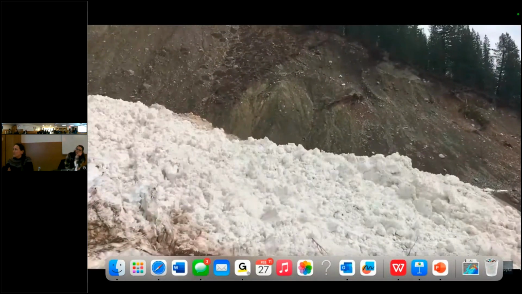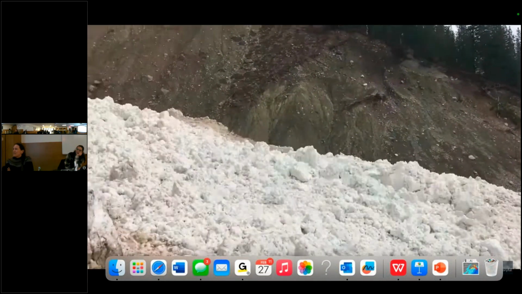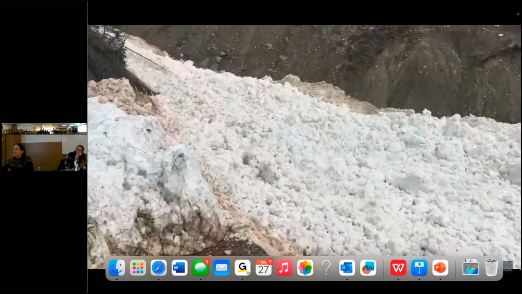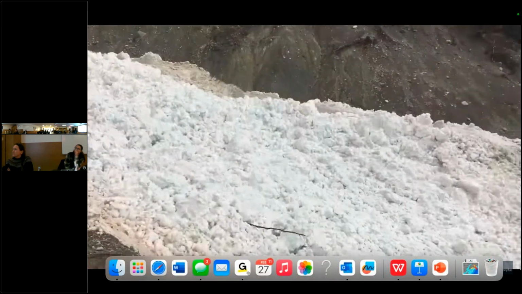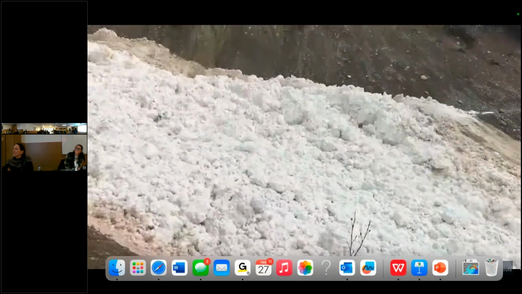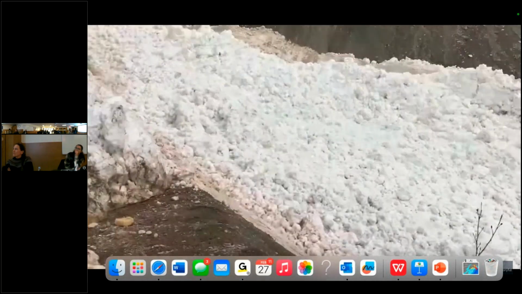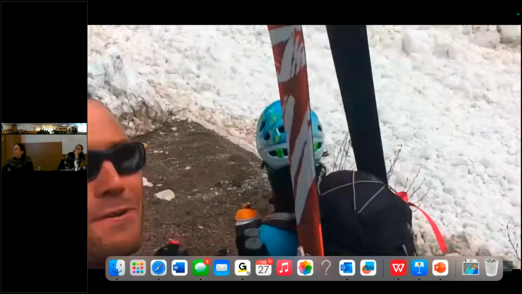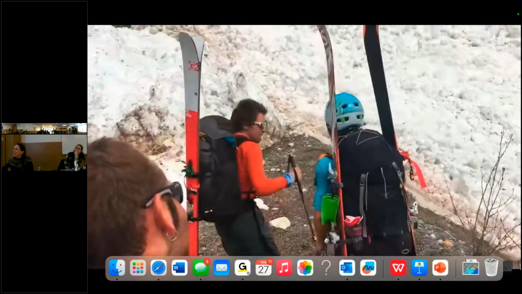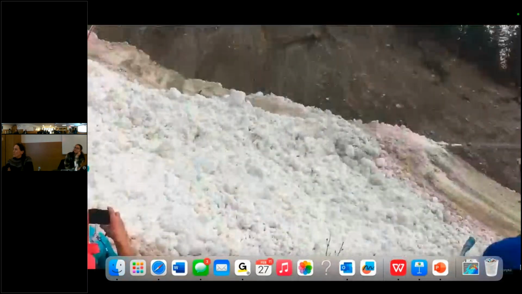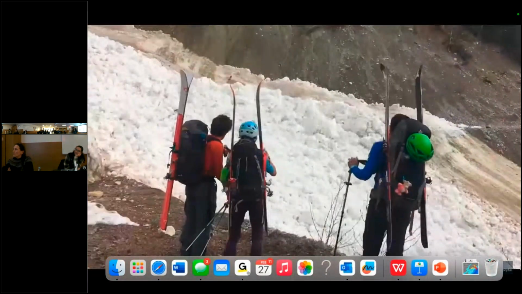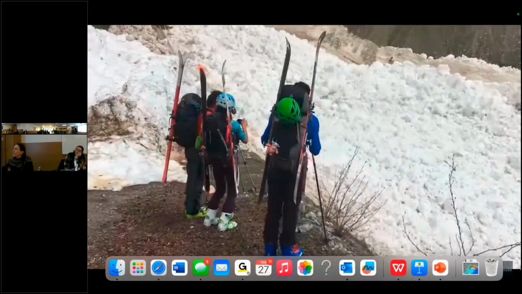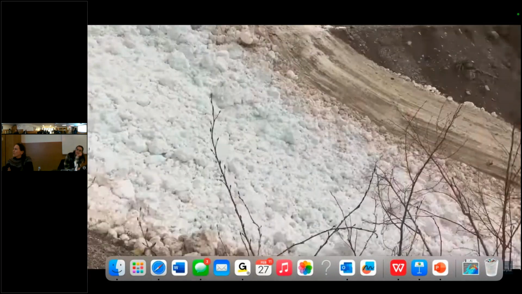I totally wouldn't stand on that edge, because that's a lot of weight. I'd be worried the land could give out. This is more of a wet debris pile. It's sticking to the ground, slower moving. This one's really dry snow. It can get airborne, a pound blast from dry snow. Also, you'll notice on that side that the debris starts forming a wall, channelizing the snow as it starts moving.